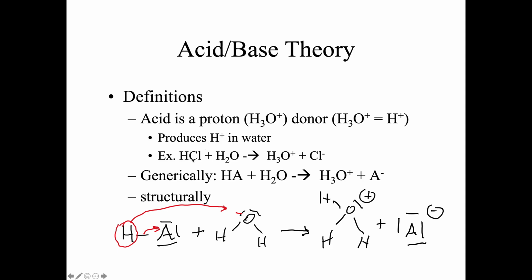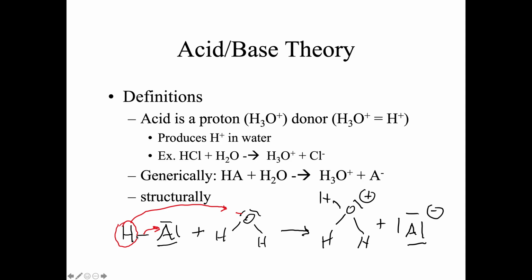So an example, hydrochloric acid plus water makes this ion and chloride ion. This ion is actually called the hydronium ion. Generically, this is whatever the counter ion is. The chloride is called the conjugate. We'll talk about that later. But generically, this is what's going on. It doesn't matter what A is. But so you can see it really well,